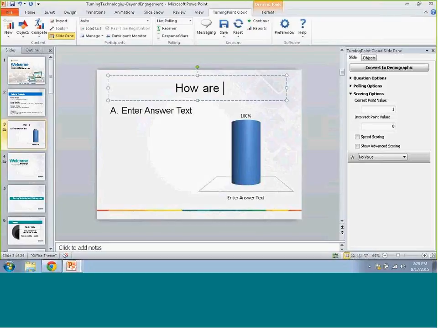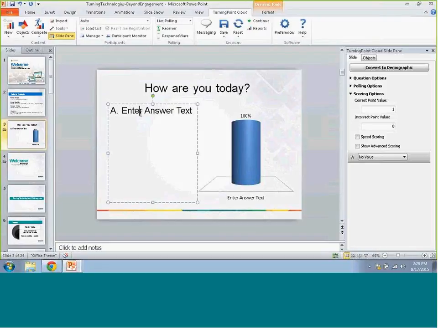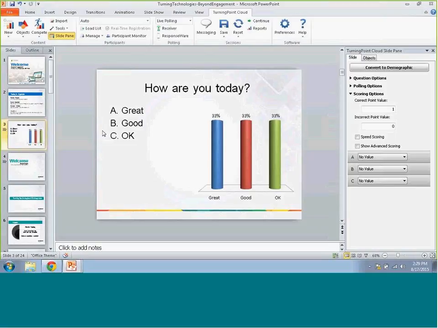I have 3 steps. Put in how are you today. After I type in the question, step 1 is complete. Step number 2, we can always have up to 10 possible answer choices. Once we're done with that, we can go ahead and click outside this segmented answer box. One left click now populates my charts, and if I didn't want to do one single thing further, this slide's done. I can take it live in the presentation, and the folks within my room can use their responders or response cards to go ahead and interact with this question.